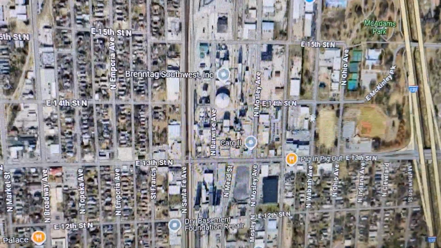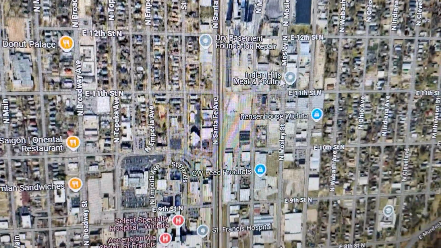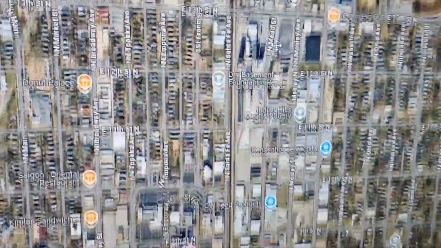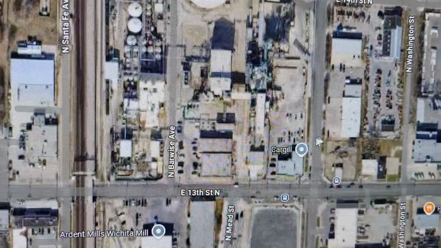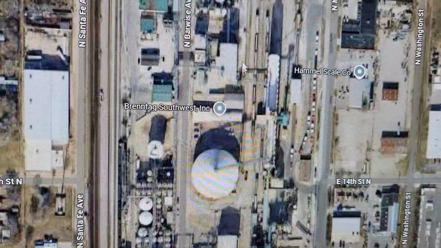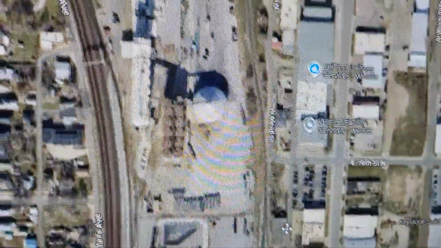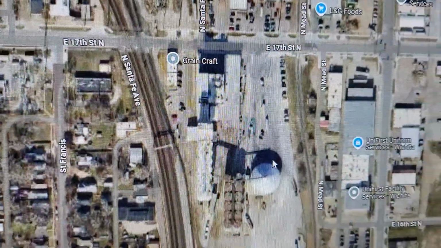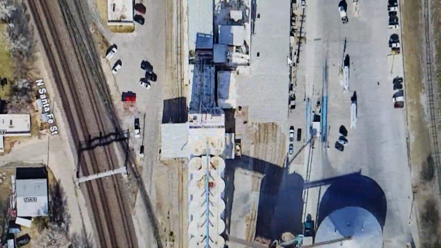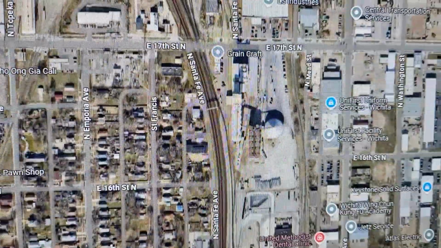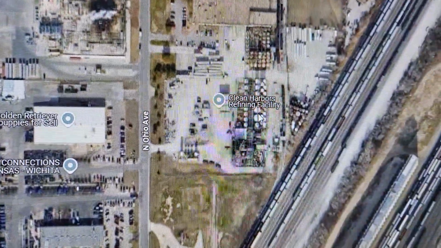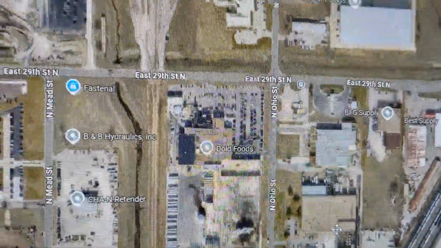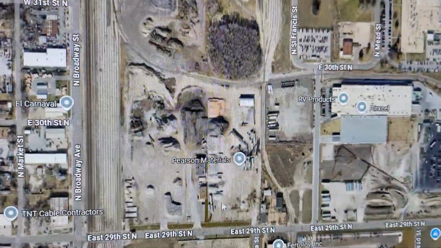So to be specific, you've got, let's see if we can find it here. Here's Cargill right here. And then I think up here is Ardent Mills. I think that's it right there. And then up by the rail yard itself, we've got Clean Harbors right there. And then north of that, there's actually several of these, but